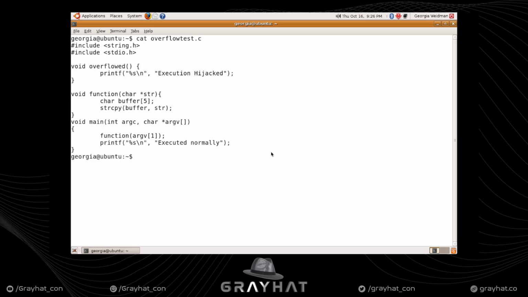Again, if you're using my VM, you don't have to worry about doing this. There's already a compiled version of this program. But if you are not, for some reason, we do need to compile it. So we want to do gcc, like a new compiler. And we can put debug symbols in there with -g. And let's see, we need to put a flag in there,